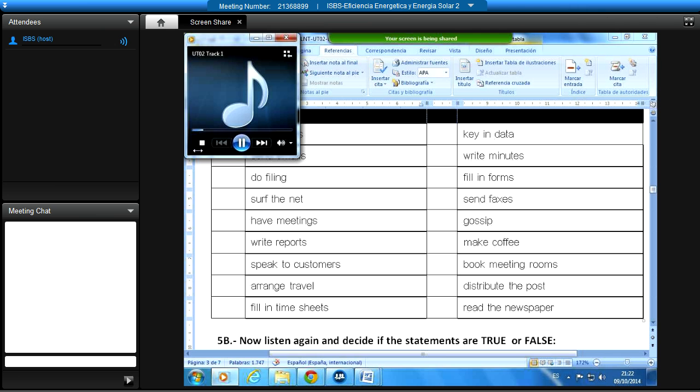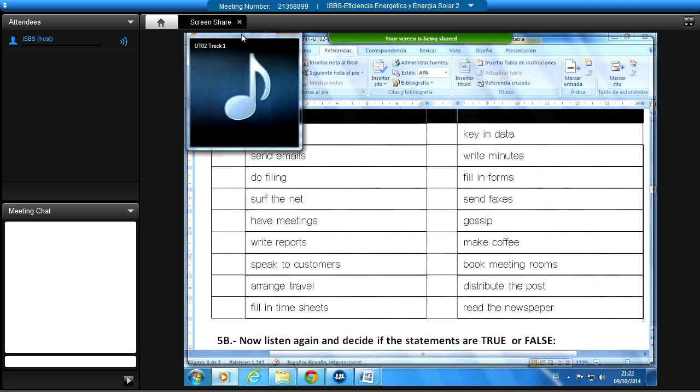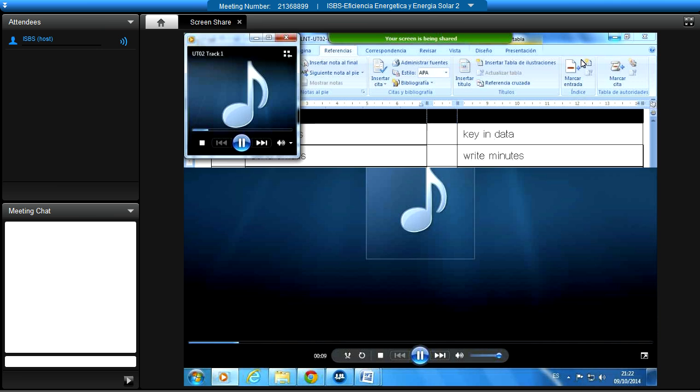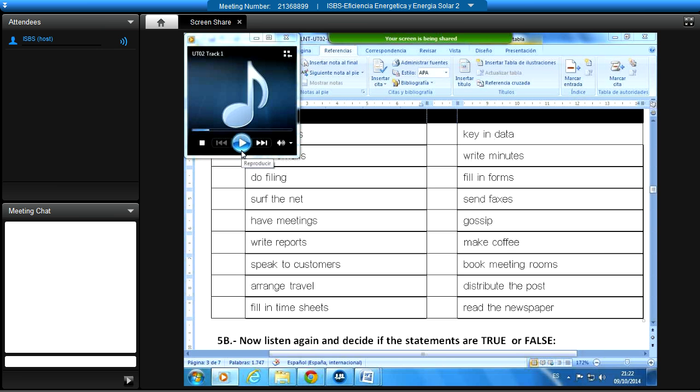Unit 1. Listening. I arrive at the office at about 8:30 and make a coffee, then go into my regular morning meeting with my team and manager. Okay, so make coffee, this one. So have meetings. I have a meeting with my boss and team, the team of the group of people.